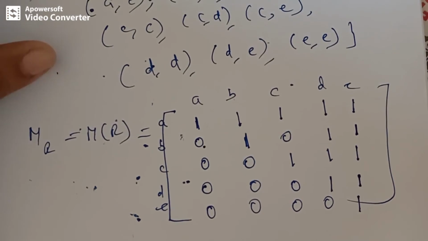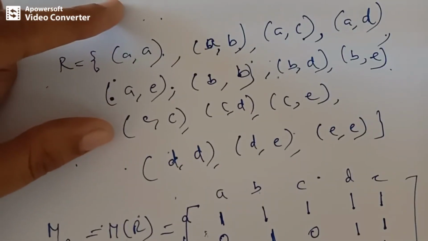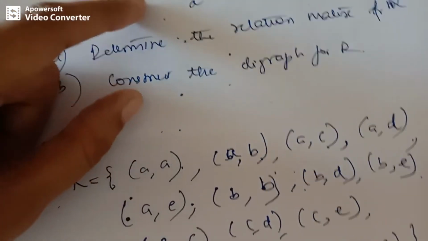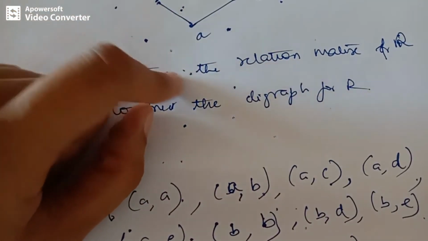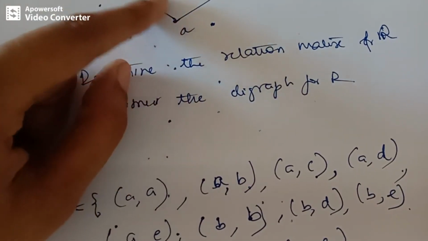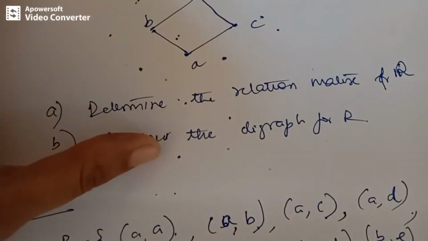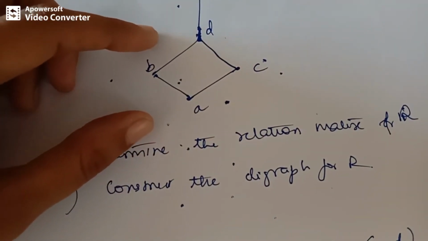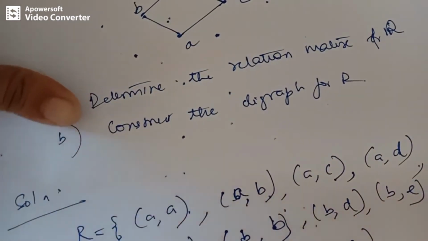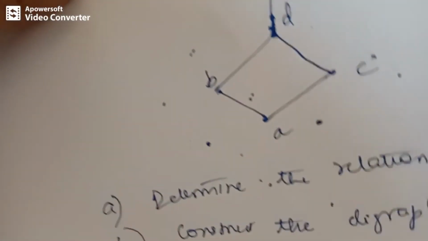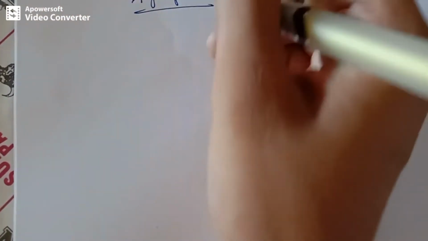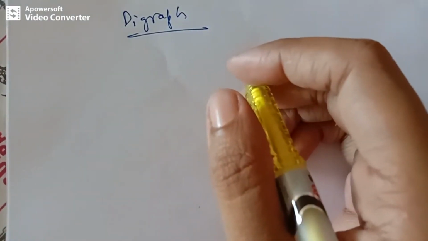Now the next sub question is to write the digraph, given the Hasse diagram. In the digraph, the change is we need to represent loops, and we need to represent edges. Whatever the edges may be, even bidirectional edges, you have to represent them. We need to represent the transitive property also, correct? So this is the change in the digraph. You can write it very easily. Let's draw the digraph for this relation. This is how you can draw the digraph.